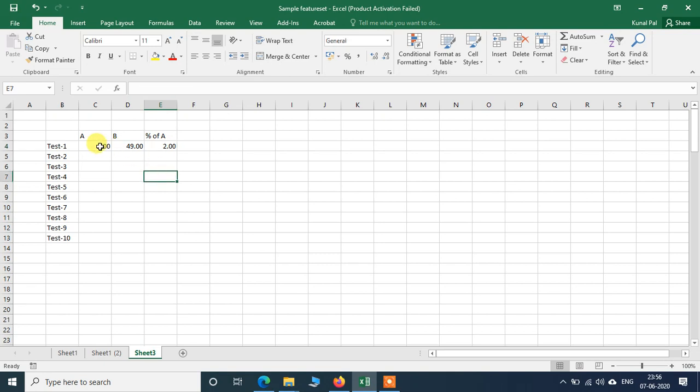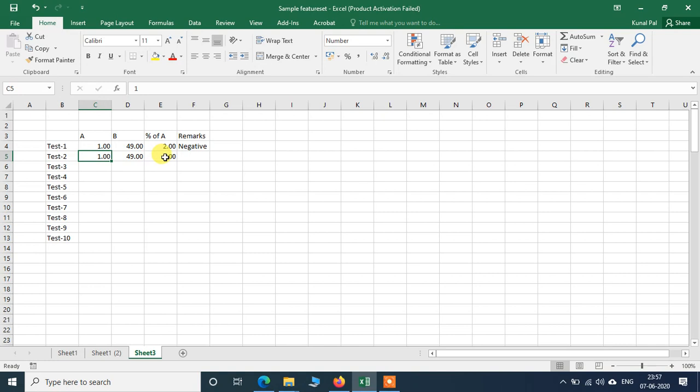So what I will do, I will just copy this one and paste it over here so that I have the information over here and I can keep my remarks over here, say negative. Now I want to change this to 10%. I want to make a formulation having 10% of A.